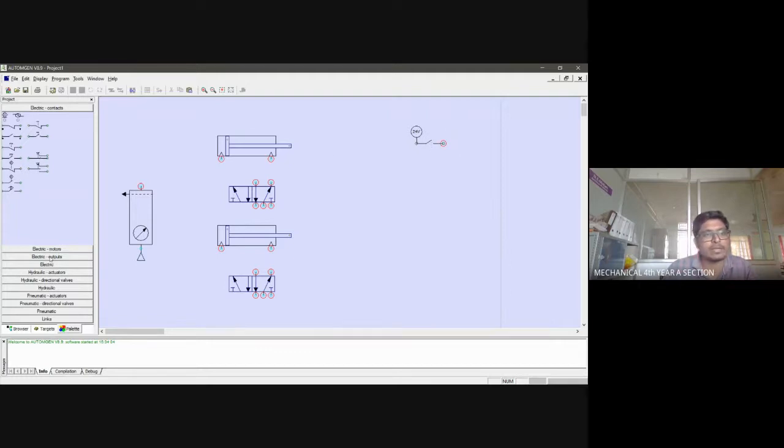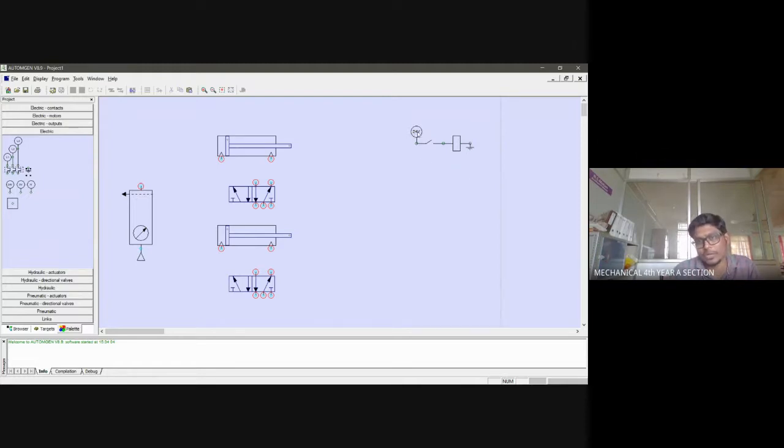Then again, we have an electrical output. Since we are using a pneumatic system, you have to use this particular output. You can see, this is a hydraulic one, so a dark representation is made to help you understand that it is a hydraulic system. Next, this is the input, and for the particular input, I am selecting an output over here. And again, in electric, I have to close the circuit, so I'm using a ground option.